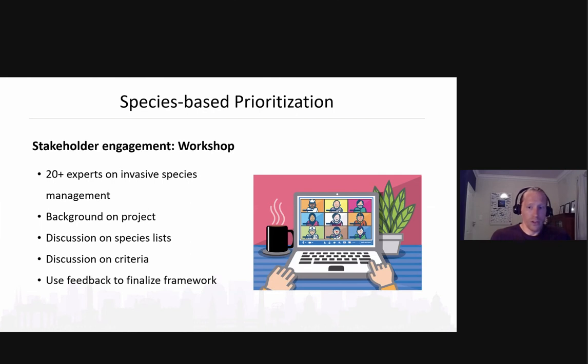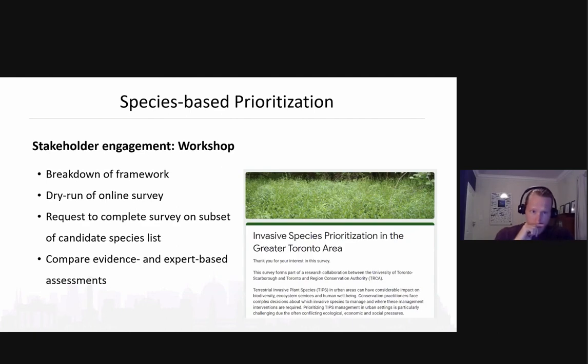And this was a really useful workshop in that it allowed us to really hone this framework that we had developed and really pull out some of the key criteria that are applicable for this framework that we intend to develop. And then of course, we use their feedback to finalize and refine that framework.